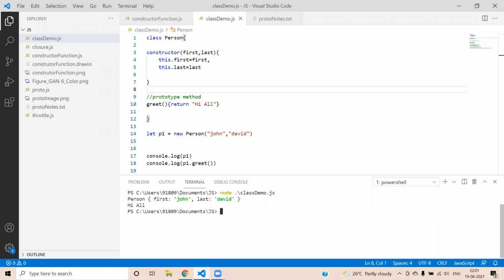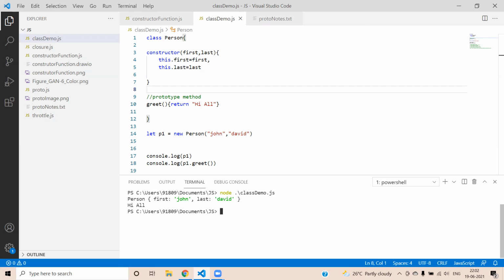As part of this introduction video about classes, we can create a class by using the class keyword followed by the class name. By naming convention, the class name starts with a capital letter. And every class will have only one constructor function, which will be called for every object creation. In this constructor function, we set up the mandatory fields that we need when you create the object for the particular class. Apart from the constructor function, we may have any number of methods that will be attached to the prototype object.